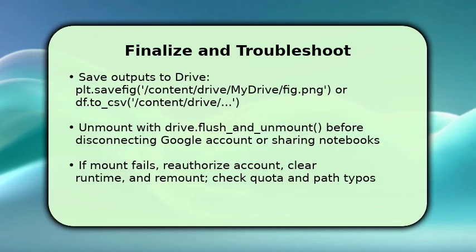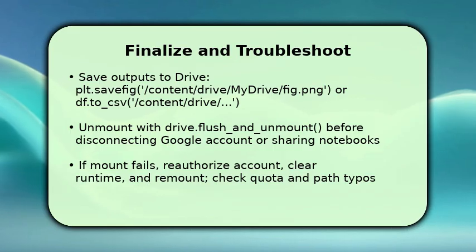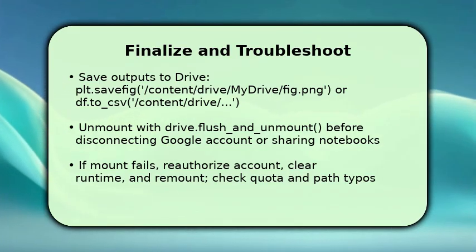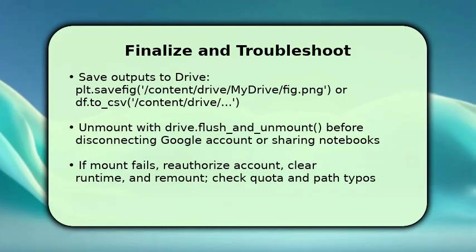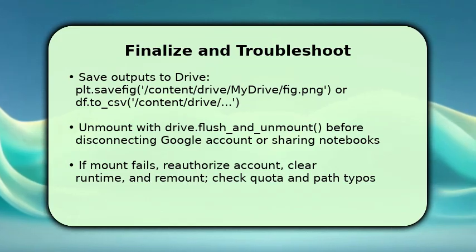If something goes wrong, like mount token errors, missing files, or quota issues, revoke and reauthorize access, restart the runtime, and remount. Also verify exact path spelling and my drive capitalization. Following these steps prevents data loss and explains why mounting Drive is the only reliable method for local